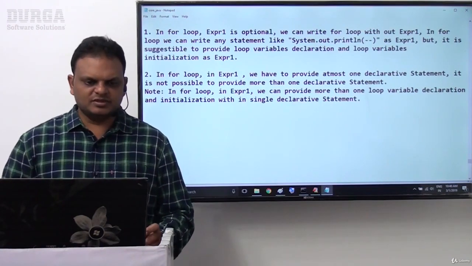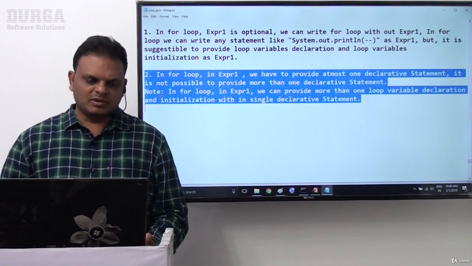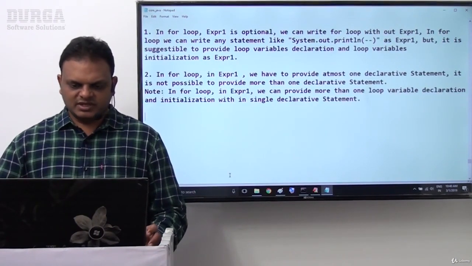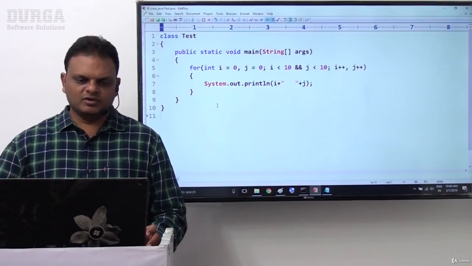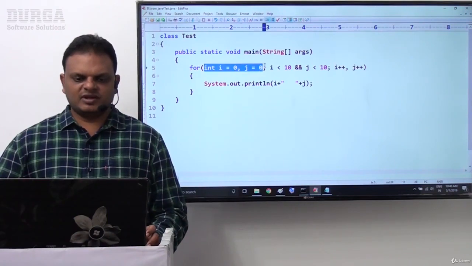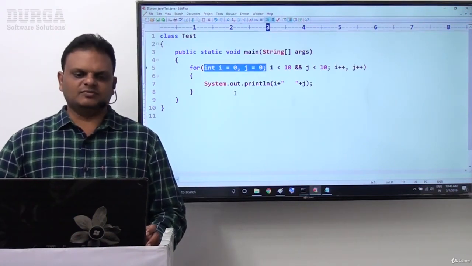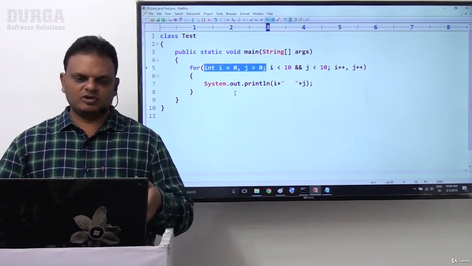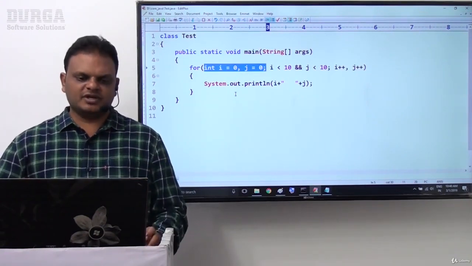That is possible. This is exactly the second rule about the for loop. So inside this second point, what we covered now is what things we are able to provide as part of expression 1. This point we completed clearly.